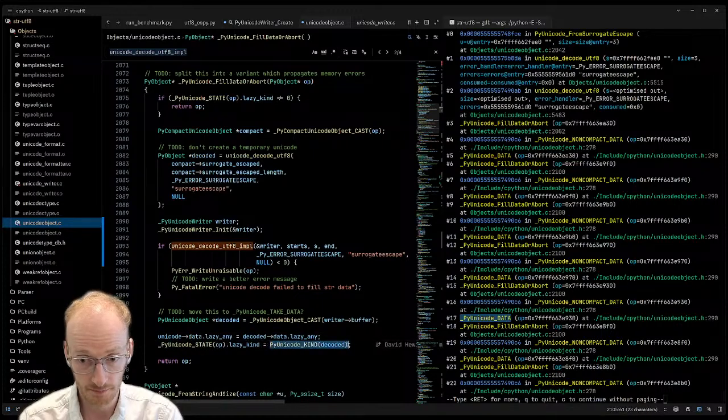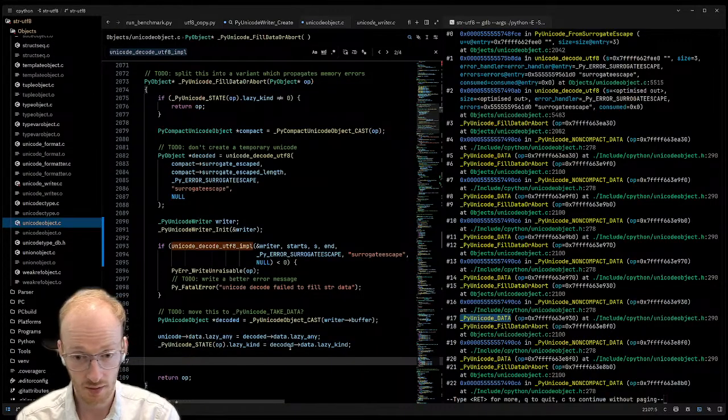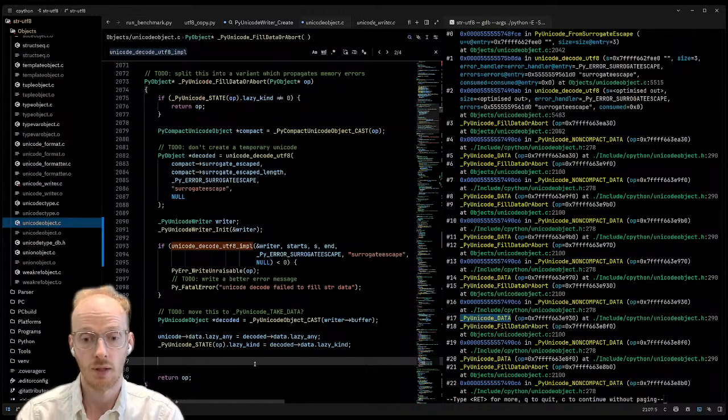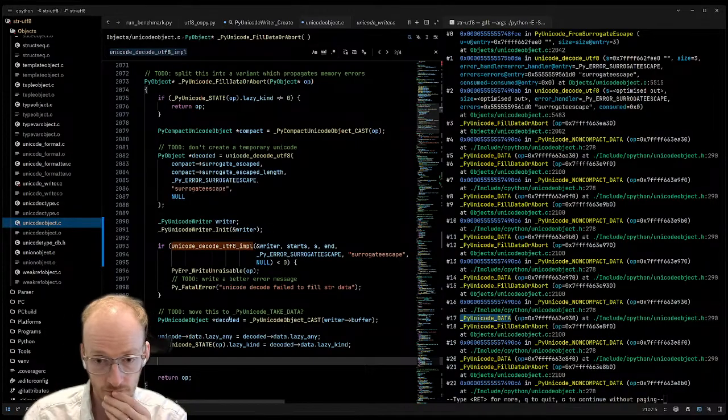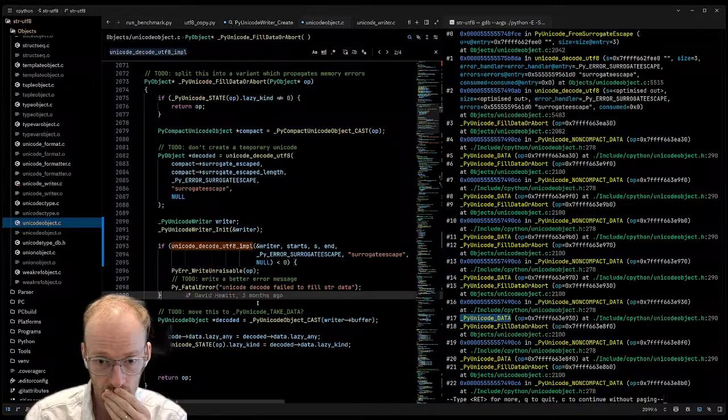That one. And then size, and you need to set the size to write or pause. The decoded might be over allocated. So Unicode writer finish will trim the object if it's deallocated.